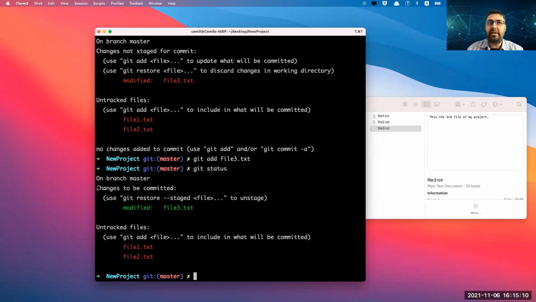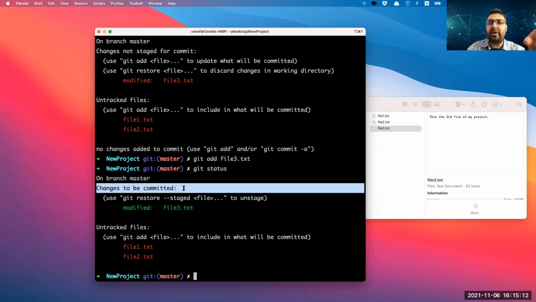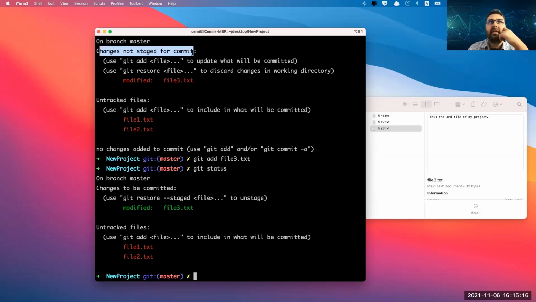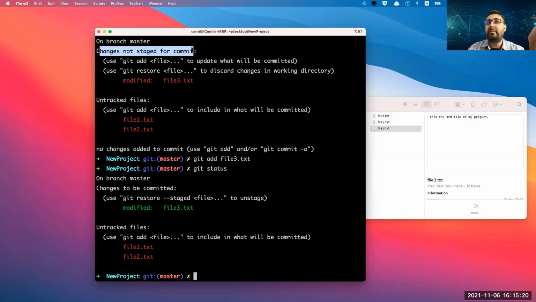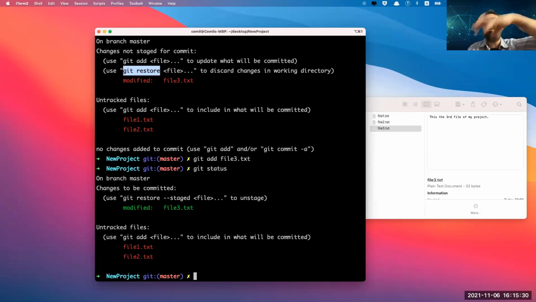And also, if you read that, before it says it's ready to be committed, it says, oh, it's not staged for commit. There are some modifications, but they're not added for the commit. So you should run this, or you should run this if you discard the things. If you discard the change, you can do this, and it will remove every text from inside. But if you want to commit, run this. If you want to restore, restore. That's it.